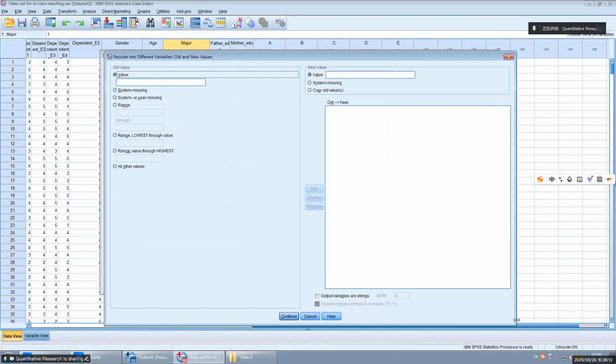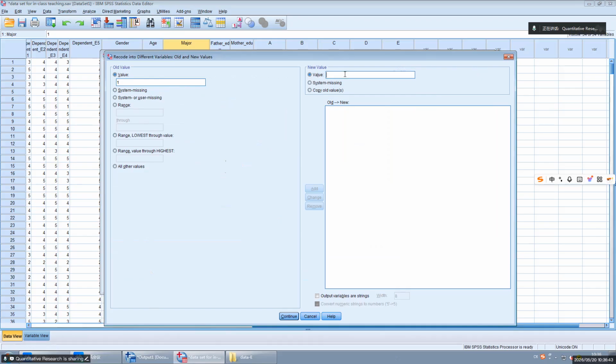Now I'm changing gender to male. But the old value is 1. The new value should be 1, representing male.